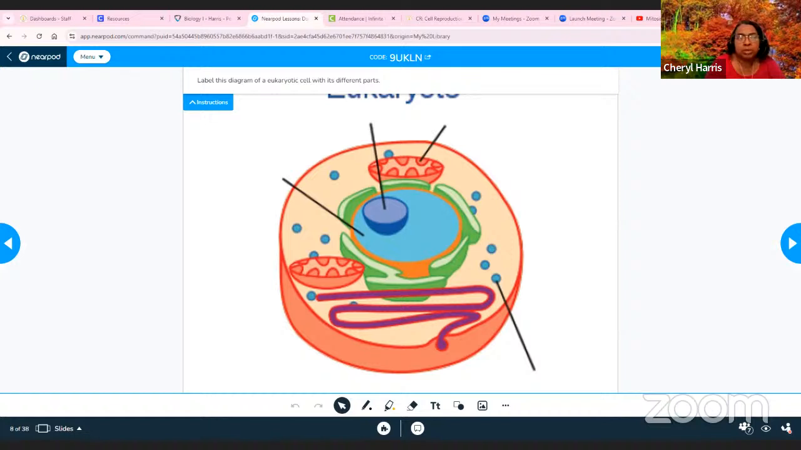Let me see how many of y'all. So everybody should be trying to label this diagram. Now notice they're not asking you to label everything because like I said earlier, we're only concerned with certain activities that are going to be involved in cellular reproduction, and that's not everything in the cell. So there's 4 things that we're